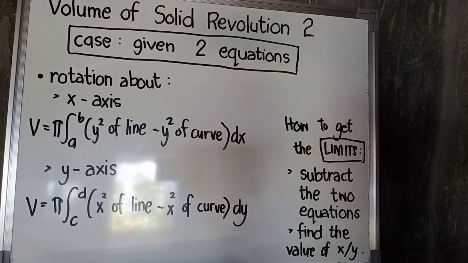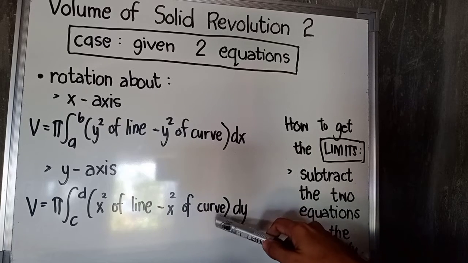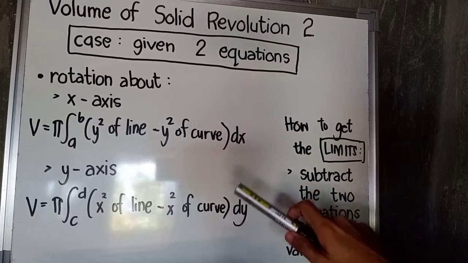Ganon din dun sa kapag ang rotation niya is about the y-axis. Ang rotation natin sa y-axis, di ba ang hinahanap natin or ina-isolate natin is the value of x, then i-square natin. But in this case, kapag dalawang equation siya, ang ating nasa loob na ngayon is x squared of the line minus x squared of the curve dy. So dito,